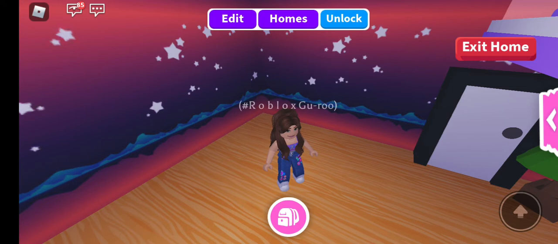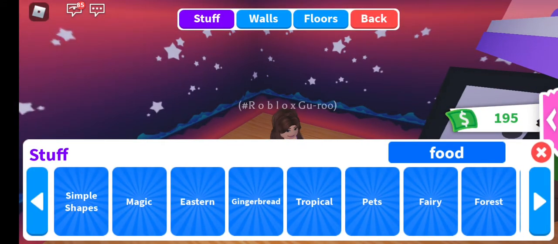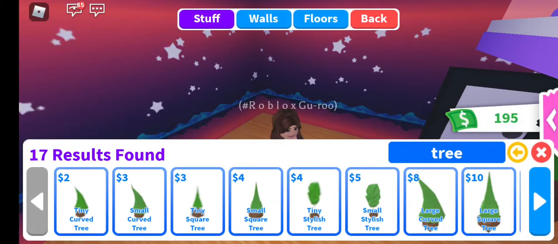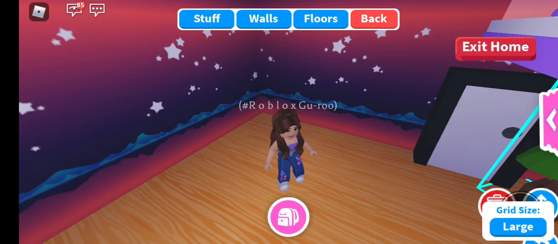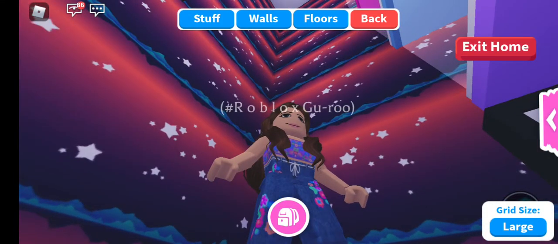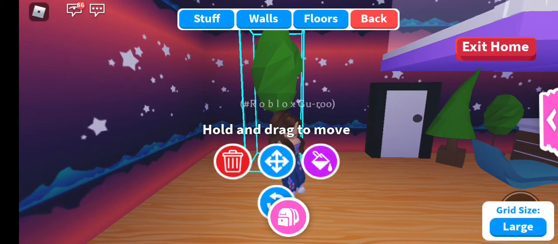Today I'm going to teach everyone how to make an apple tree for your pets. So first you're just going to need to get one tree. You need to have somewhere that it doesn't just go all the way till the top of the roof. You want it to have a little bit of space. You don't need as much space as I have, but you want to make sure you still have a little